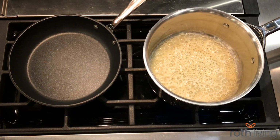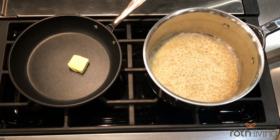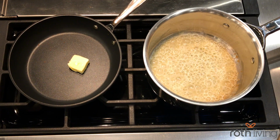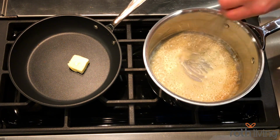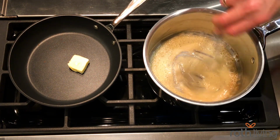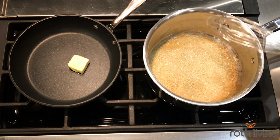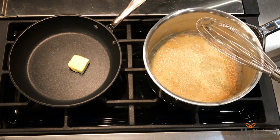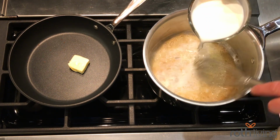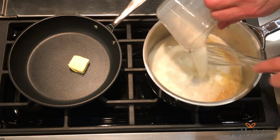In this other skillet, I'm going to add a tablespoon of butter, and then my lobster meat, and I'm just going to cook that till that's opaque. Meanwhile, now that my roux has cooked, starting to brown a little bit on the edges, I'm going to add to this just a little bit of milk, a little bit at a time, and just whisk it in,